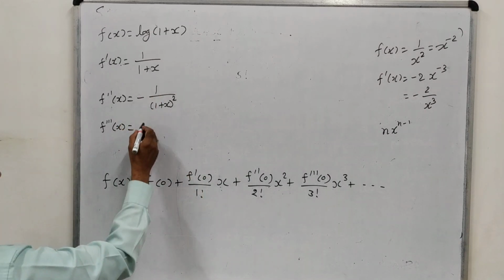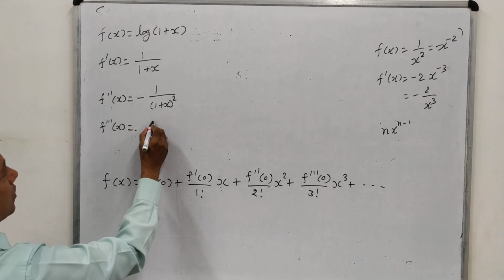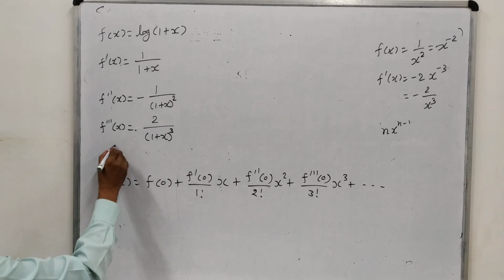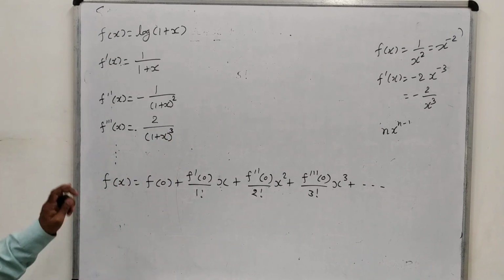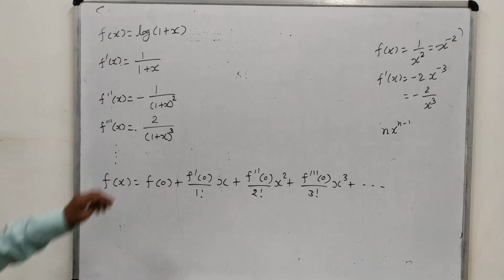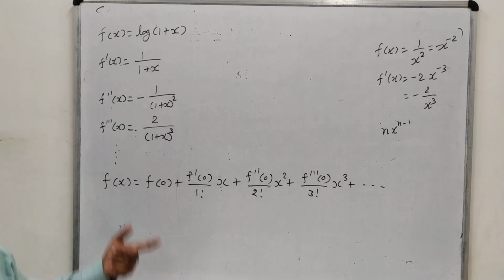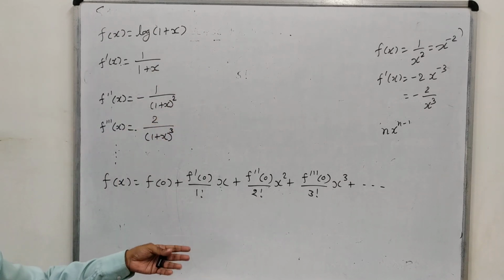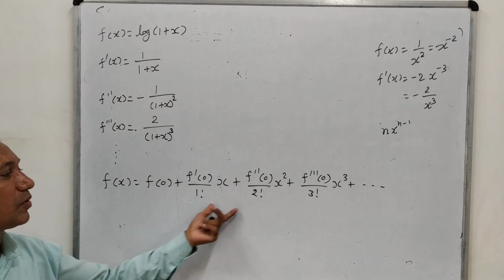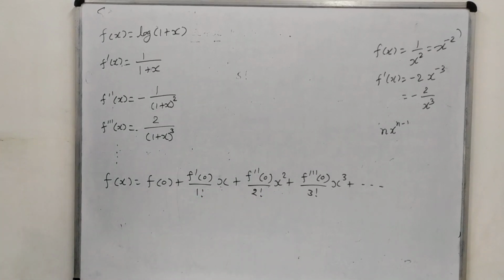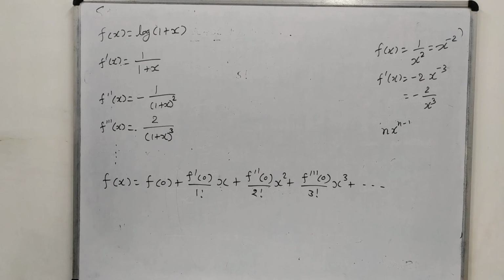So the derivative of minus 1 upon 1 plus x whole square is plus 2 upon 1 plus x whole cube. Okay, and further here we will put dot dot dot because I don't want to obtain other derivatives. We require more derivatives when some of these values are 0, because we need some terms to display. If we write 0, 0, 0, it is meaningless, because in the series at least 2 or 3 terms should appear so we can understand it easily.